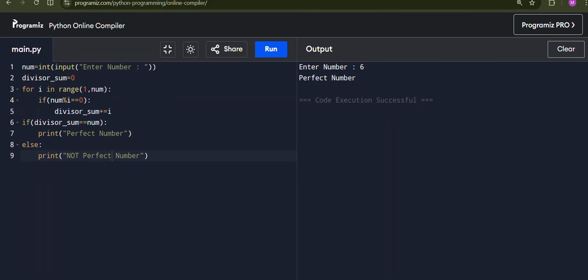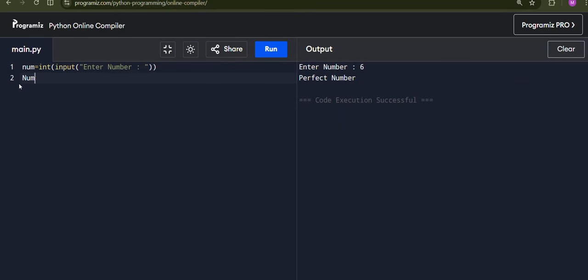Let us write the code and try to run it. First, take the number. Now I am taking a copy of my number. Number copy is equal to my number. Now I will write factorial sum, and initialize it to 0. Then, while my number is greater than 0, calculate the digit with the help of the modulo operator. Take the remainder, number mod 10.